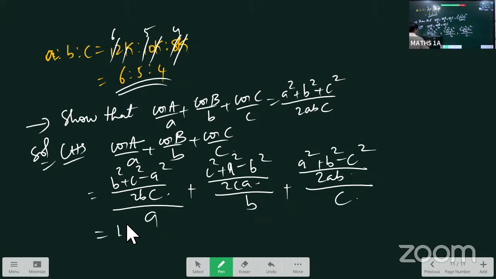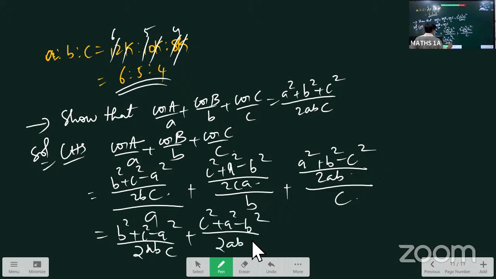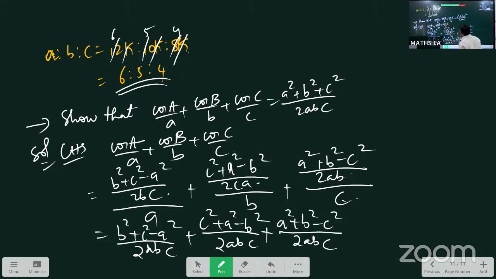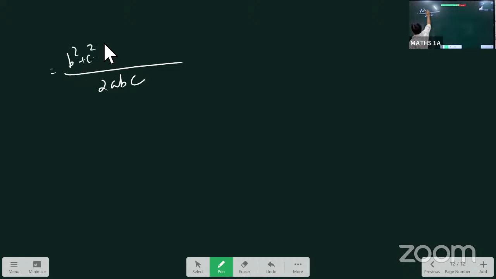That is nothing but B square plus C square minus A square by 2ABC, C square plus A square minus B square by 2ABC, and A square plus B square minus C square by 2ABC, where the C will come and multiply here. See, is it your same LCM, correct? 2ABC is the same LCM. Then you write it as B square plus C square minus A square